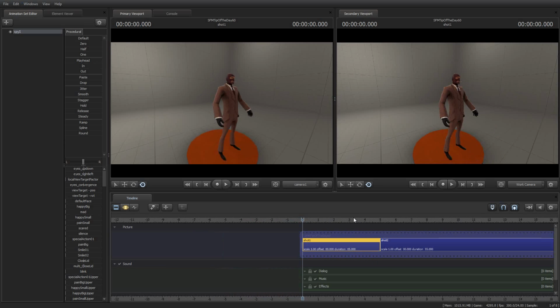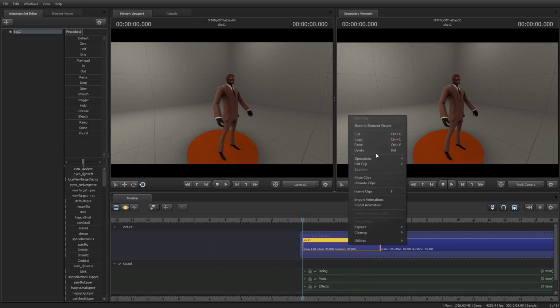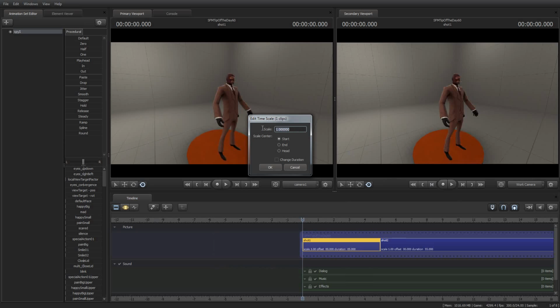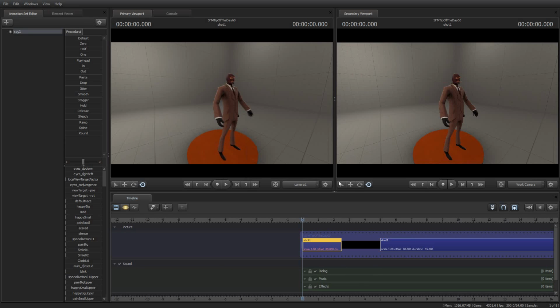But the next thing I'm going to do is show you a couple of ways to adjust the timescale. The first one is really quite simple. If you right-click the shot and say Edit Clip and then select Set Timescale, you can adjust the timescale. 1 means standard speed. 2 would mean twice as fast. And scale center means: does it expand from the middle, or from the beginning, or from where the playhead is? And if I click the change duration of the shot, that makes the shot go twice as fast and